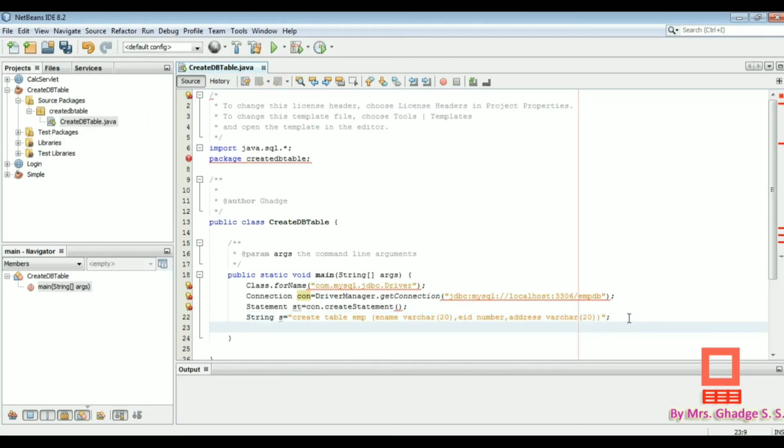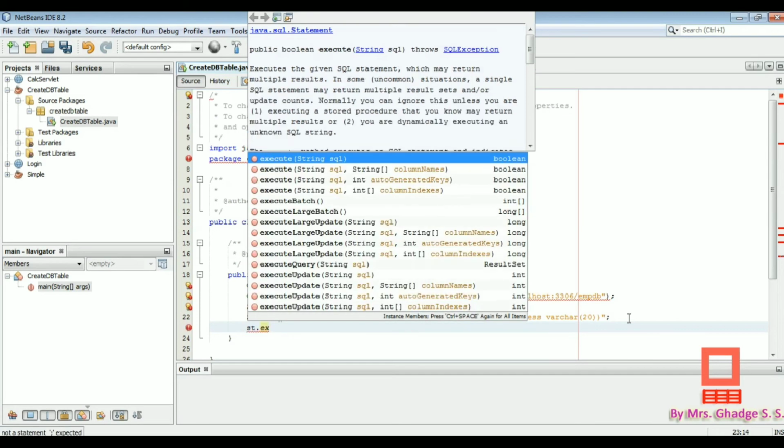Then our next statement is st, that is statement object dot execute. We can use three methods: executeUpdate, executeQuery, and execute. For create, update, delete, drop type queries, we use the executeUpdate method, and to execute a select query we use the executeQuery method.